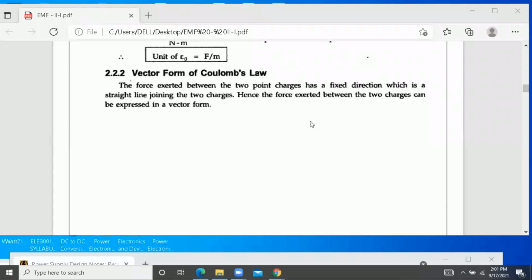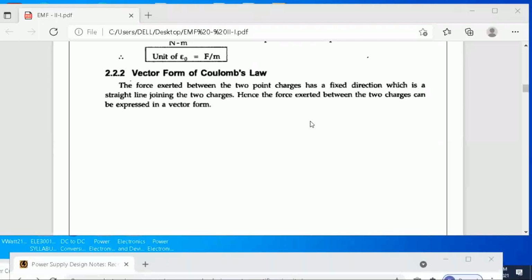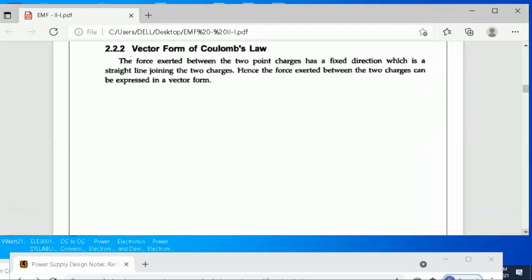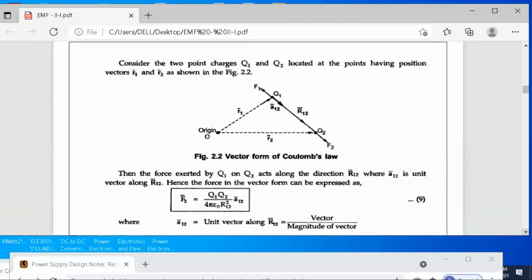So the vector form of Coulomb's law. The force exerted between 2-point charges has a fixed direction, which is a straight line joining the two charges. Hence, the force can be expressed in the form of vector. So look at this now. 2-point charges,